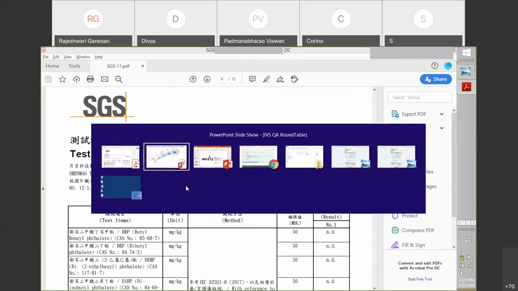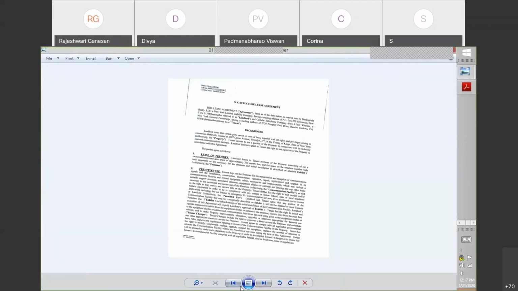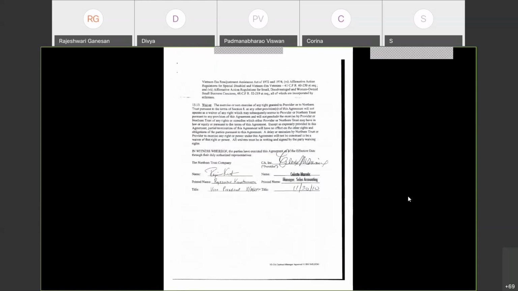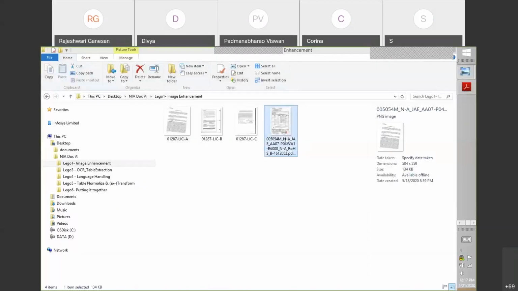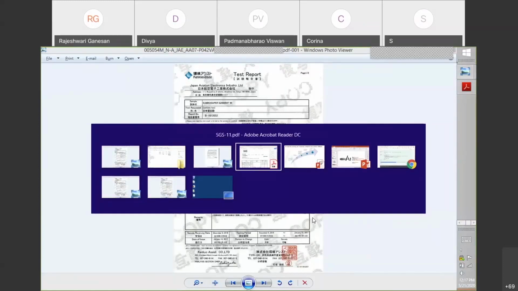The other case which I wanted to show is, if you look at this document, you see it's tilted, right? There are a lot of black spots, scribbles written. So if you send this kind of document to an OCR tool, the tool will fail. So handling this was very, very critical. See here, this is another document. So going back to what I was saying,